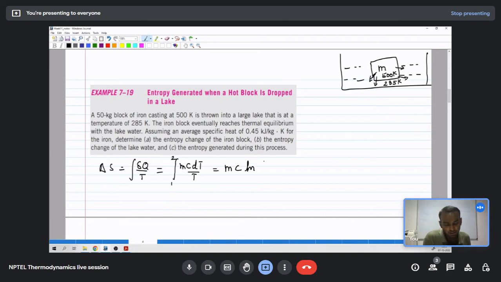Integrating dT by T, I have ln of T2 by T1. So this is m is 50 kg into c is 0.45 kilojoule per kg Kelvin, and ln of T2 by T1, where T2 is